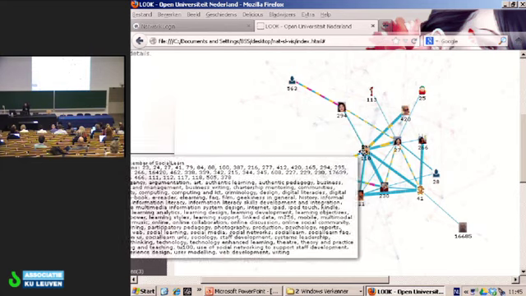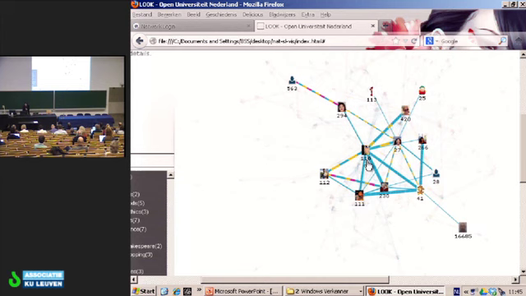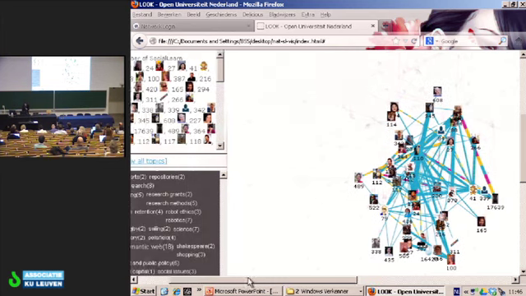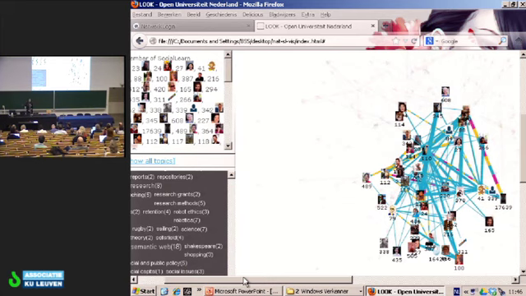And last but not least, if you say, oh, who's this person? She looks really active in corresponding. How does her personal network look like? You can also click on her ego network and see how her ego network is. So you can look at individual users, you can look at a group, how it's going, you can see what they're talking about, you can see it on different levels and navigate through the system like that.